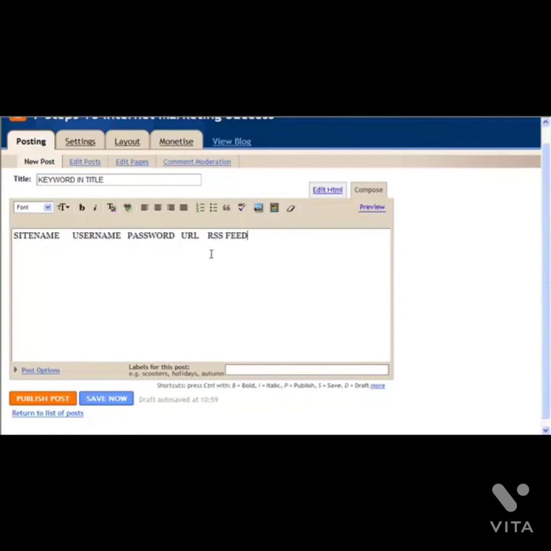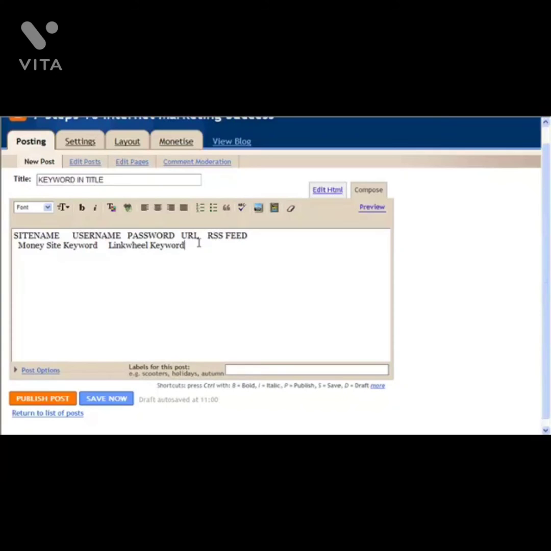That makes it easy for you to track this. Once you've created them, you go through the URLs and ping them. You go and submit the RSS feeds. You may also want to track the 2 keywords, so the money site keyword and maybe the link wheel keyword, the internal link to the next site. That will help you track what keywords you're using, so you can make sure that you don't use the same keyword too many times. Just tracking something like that is going to make it a lot easier for you to administrate this and keep track of what you've done, where you've done it,